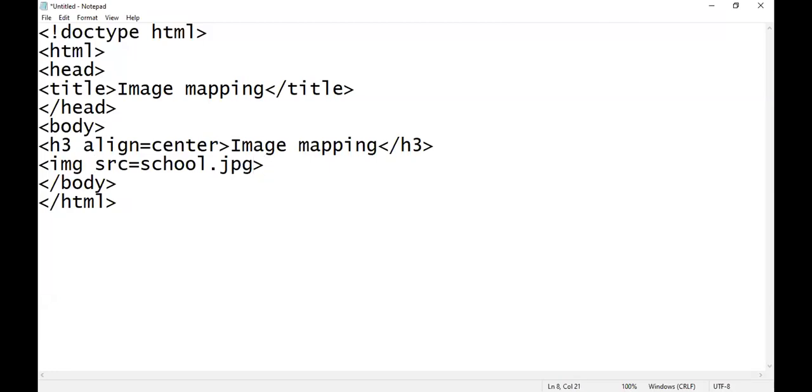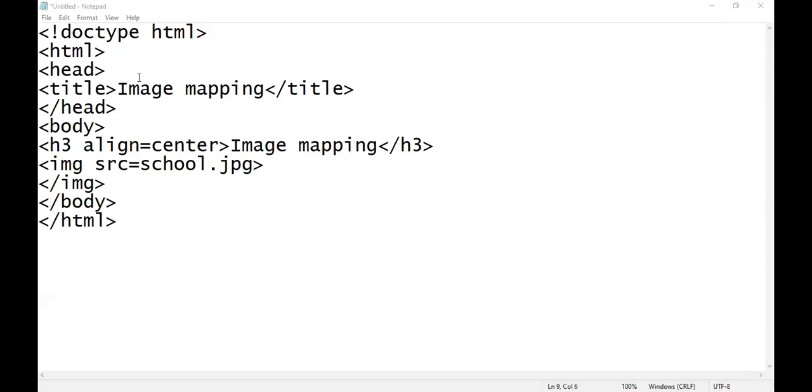Then I close this img tag by using /img, as img is a pair tag. This is only image insertion. We haven't created image mapping. We have just entered an image on a web page. Now we will see how it displays the output.